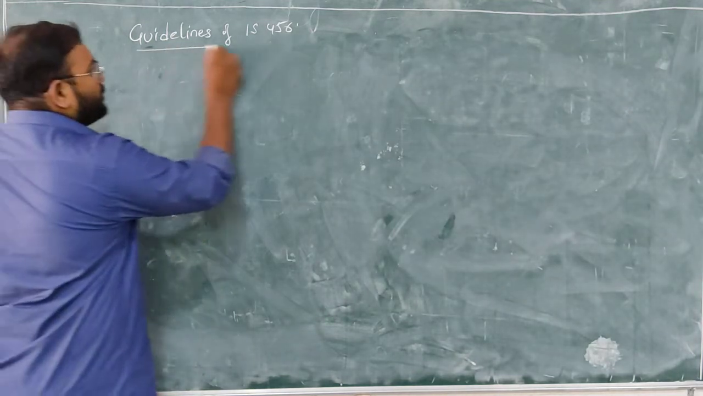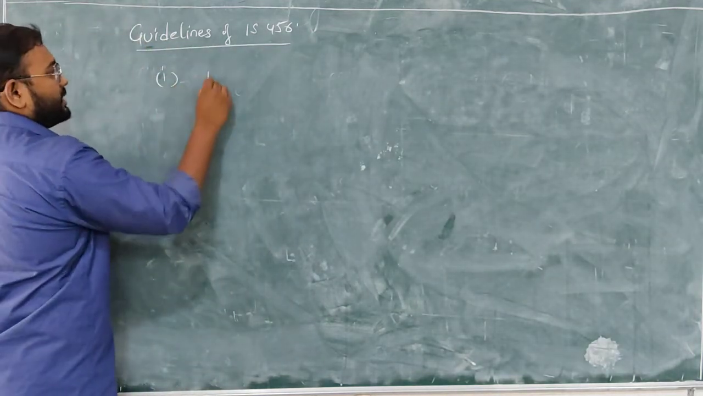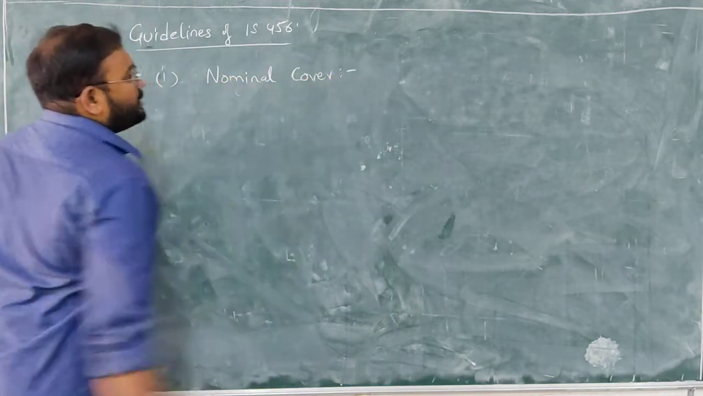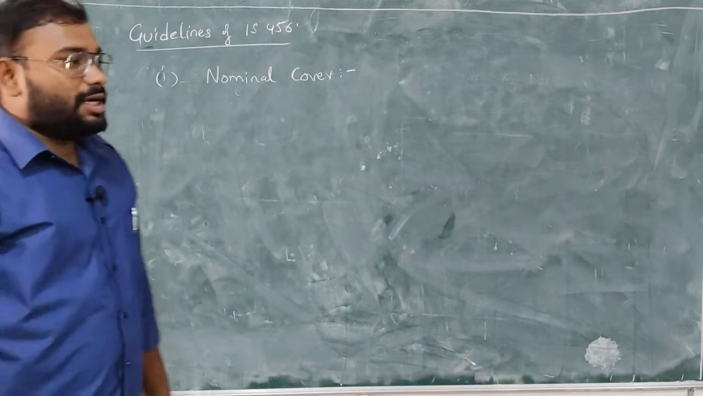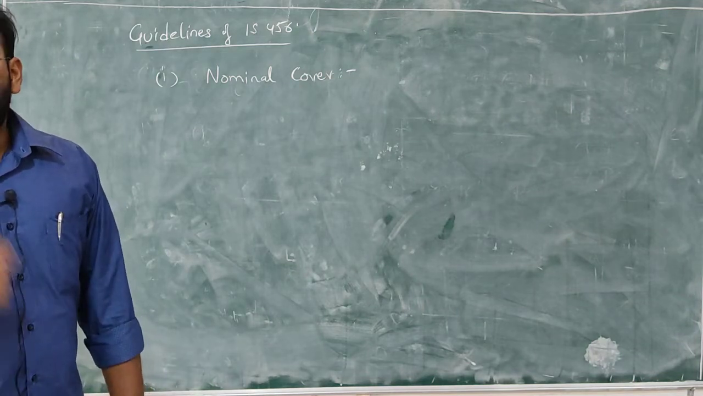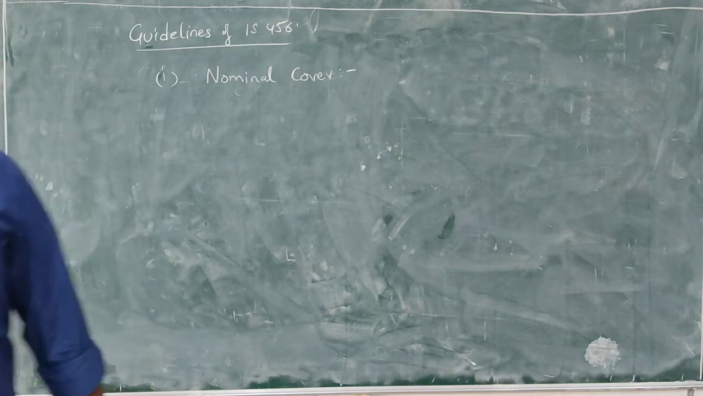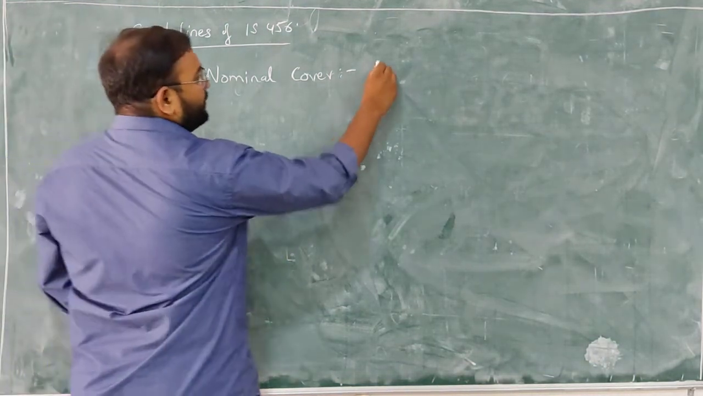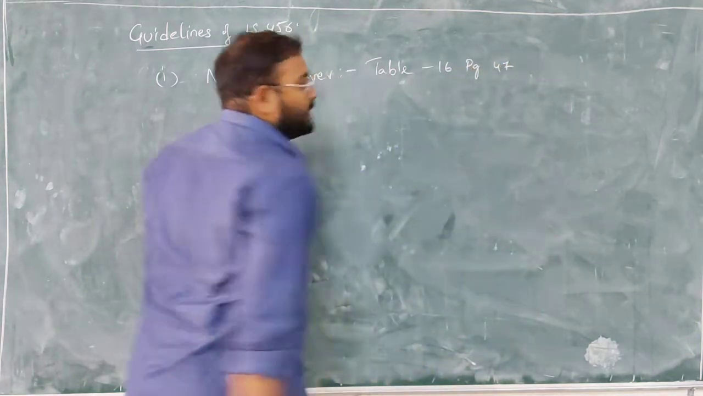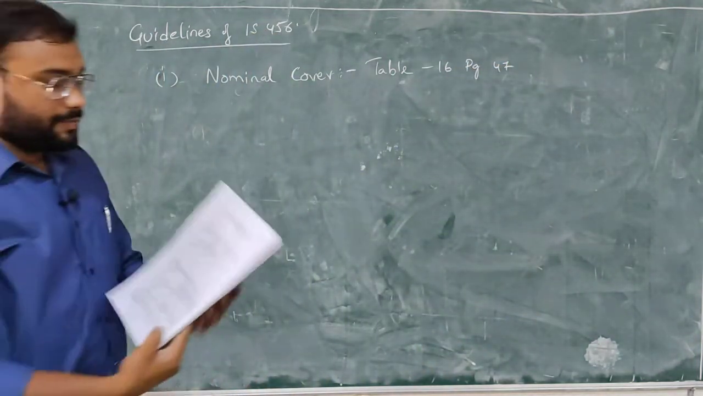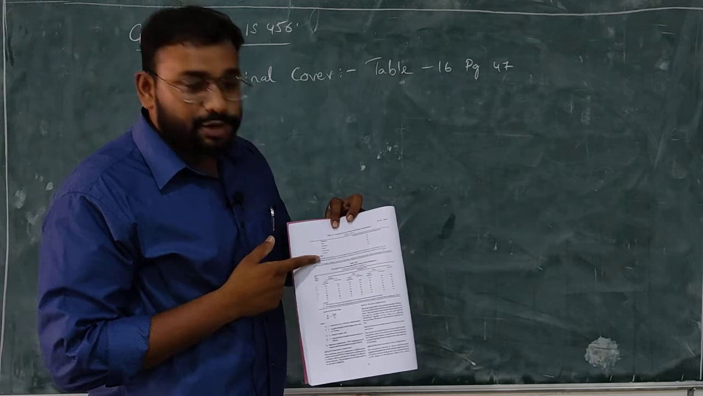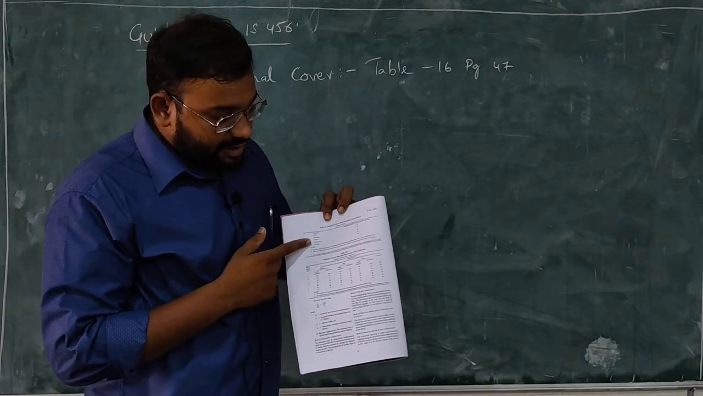Okay, so the first guideline is nominal cover. As I told you in the previous class, there are three to four types of conditions mentioned in IS 456. Based on the conditions we have different dimensions of cover. These are given in Table 16, page 47. You have different conditions mentioned here, starting from mild to extreme: mild, moderate, severe, very severe and extreme